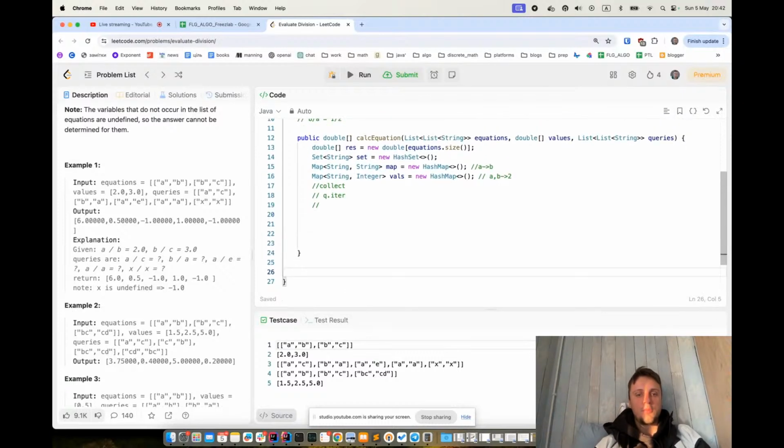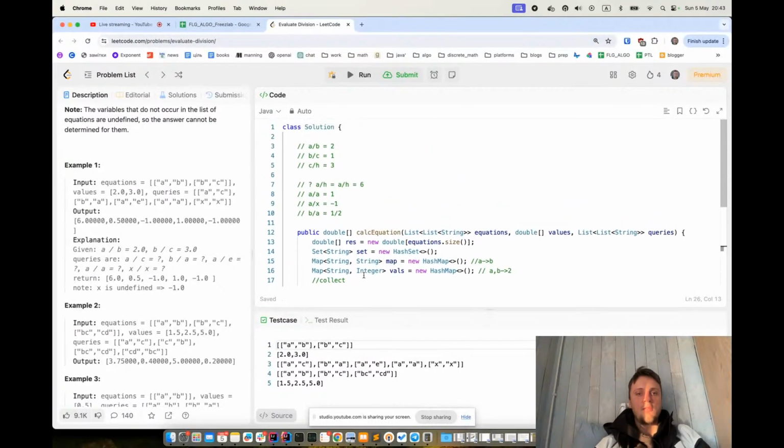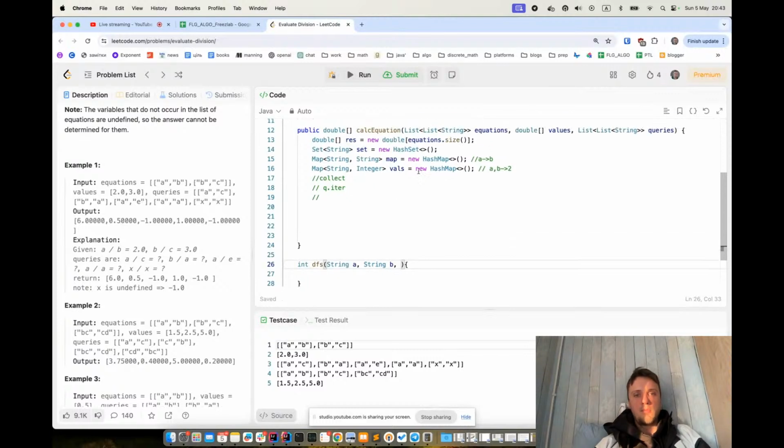So I need also to implement integer DFS, and with DFS actually I have 2 strings, and I try to find actually these 2 strings. So I have string s and string q, or a and b. I have this map, and I have this vals map,